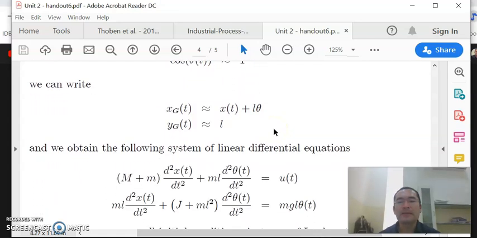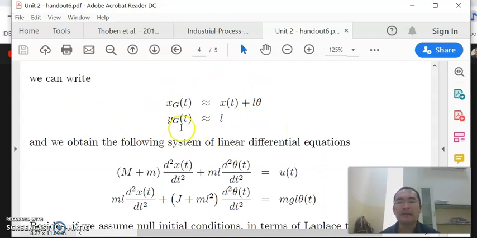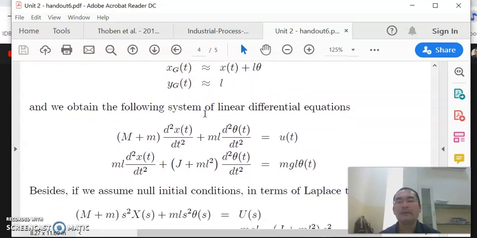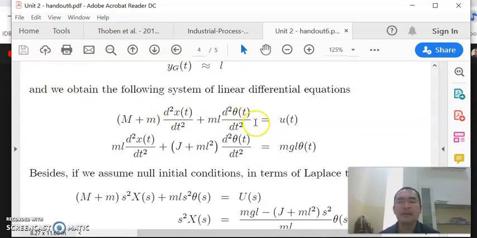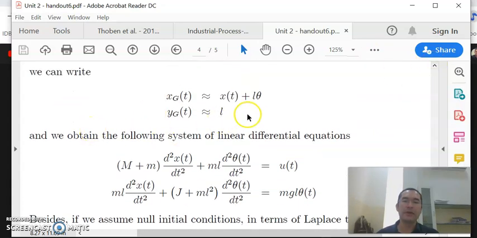In that case, we can write this approximation here for the coordinates of the center of gravity of the rod, and then we will obtain, if you use this approximation and you replace this relationship here